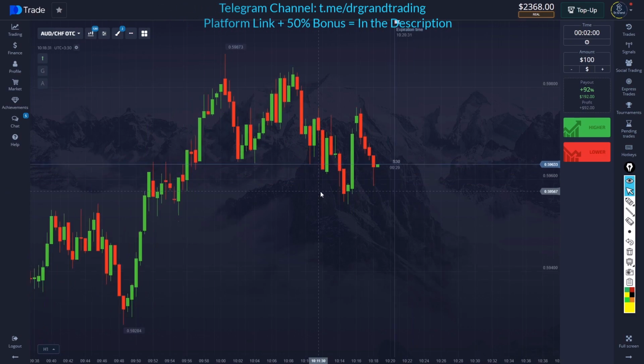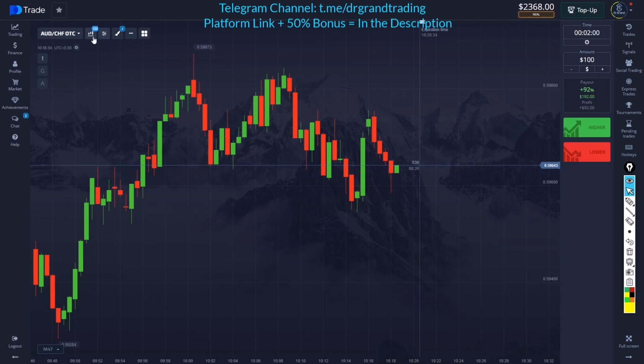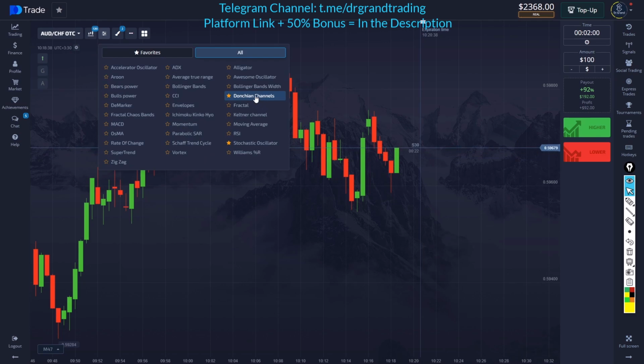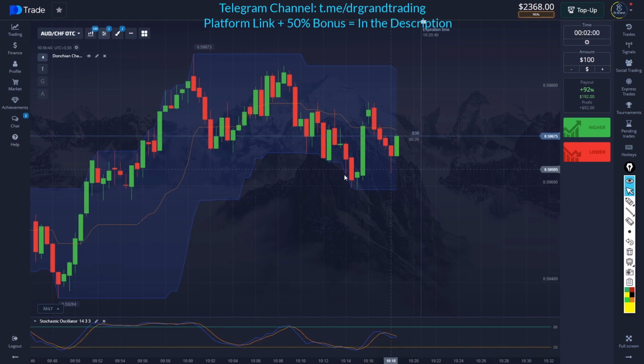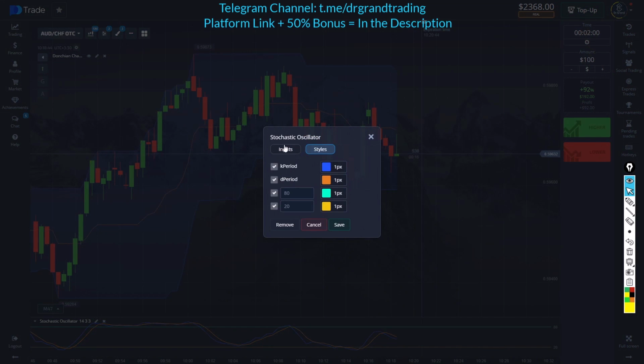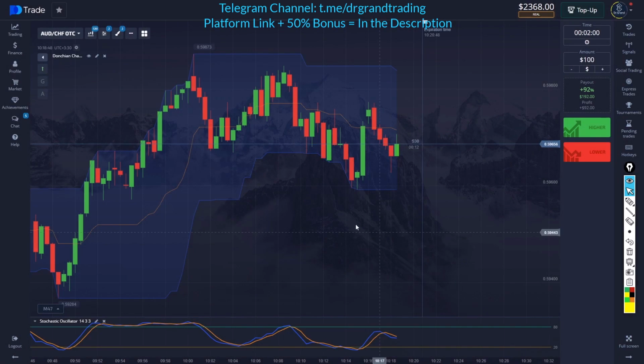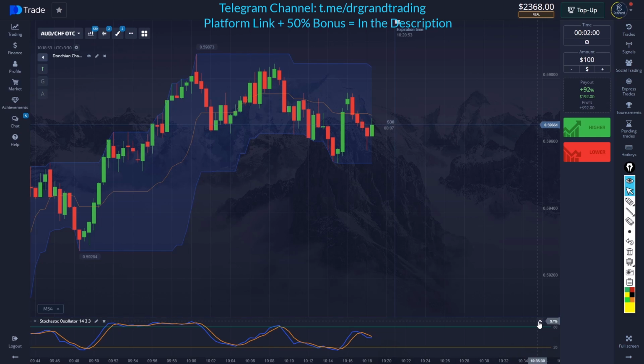In this video I decided to take a couple of trades based on the 30-second candles and adding the Dungeon channels indicator plus stochastic oscillator. Basically these have default settings. I'm just gonna thicken the lines a little bit so it has better visibility, and then we will trade based